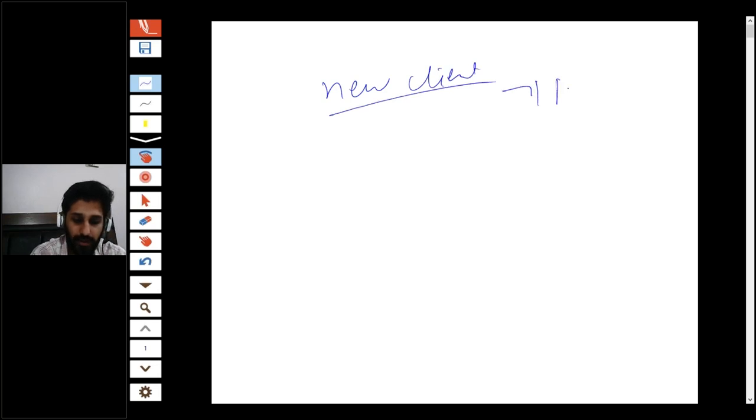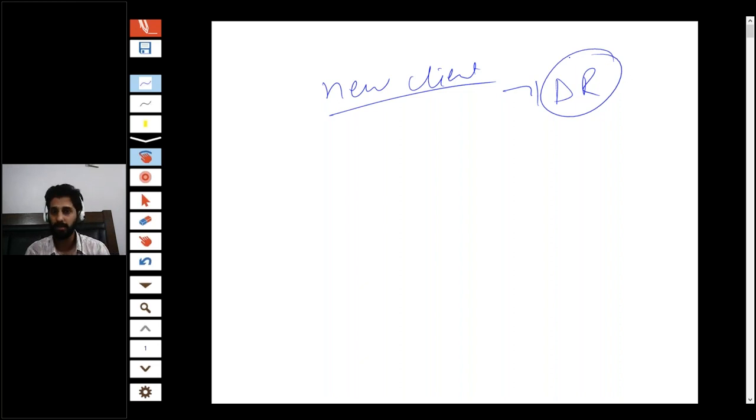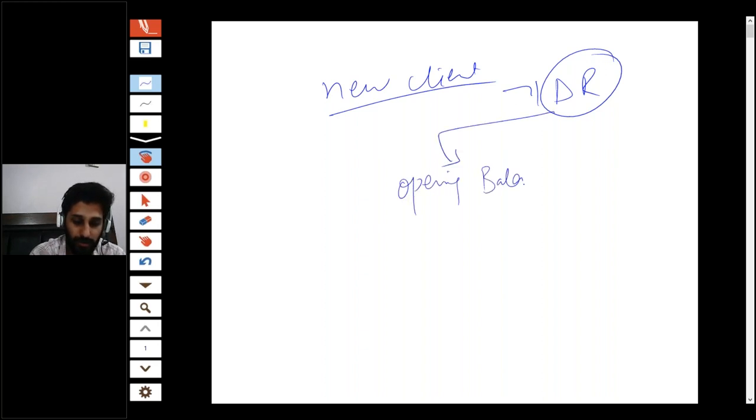I'm going to give you the hint. Whenever there is a new audit client, there is a detection risk. Detection risk is the risk that the auditor may not be able to detect the material misstatements that may be present in the financial statement assertions. And while estimating or evaluating the detection risk, you also need to write about the risk of opening balances plus comparative